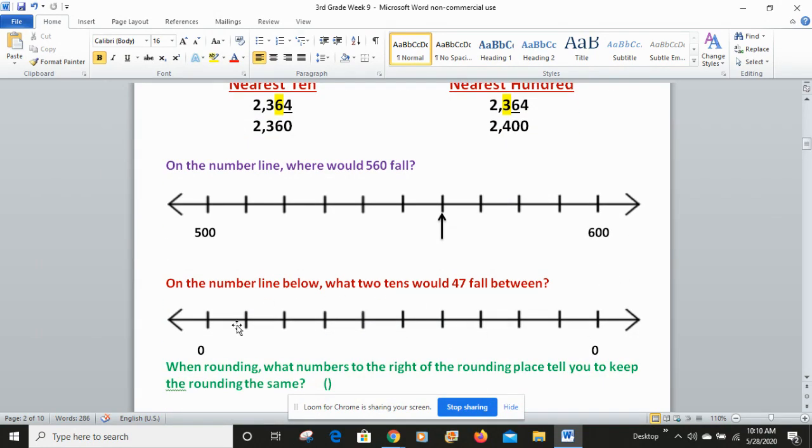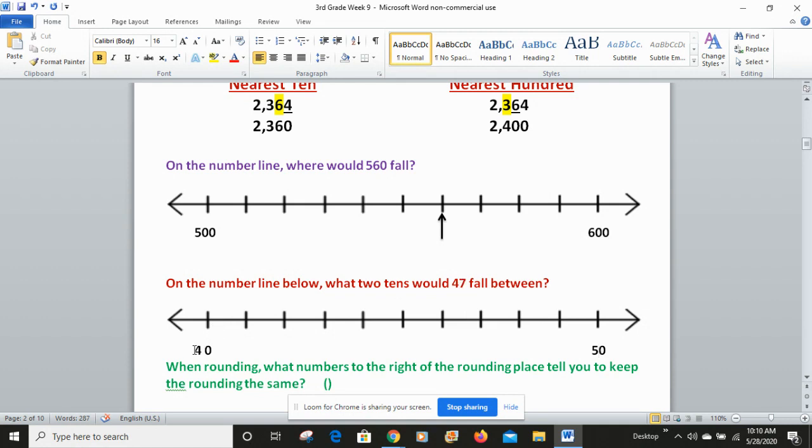Now on this one, it says what number on the number line below, what two tens would 47 fall between? So I look at my number. My number is 4 tens and 7 ones. So I know that my number is larger than 40 but smaller than 50. So if I put a 4 right there and a 5 right there,